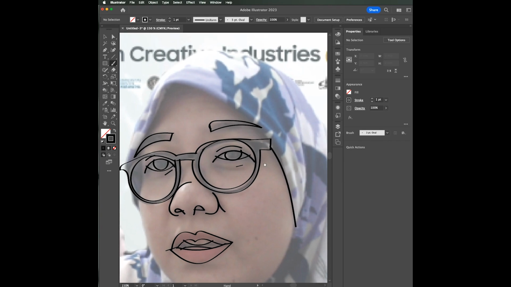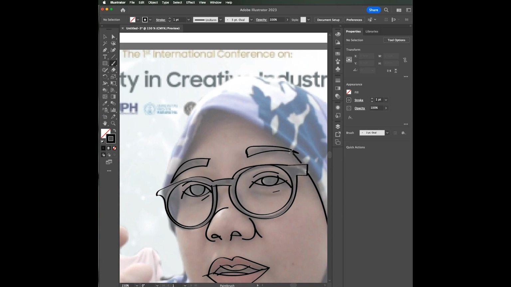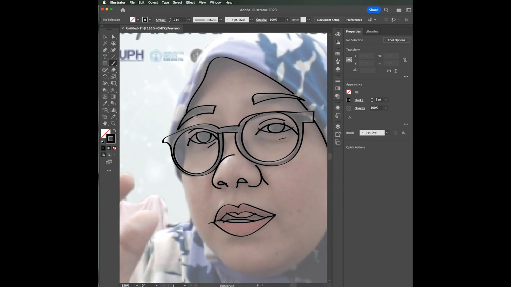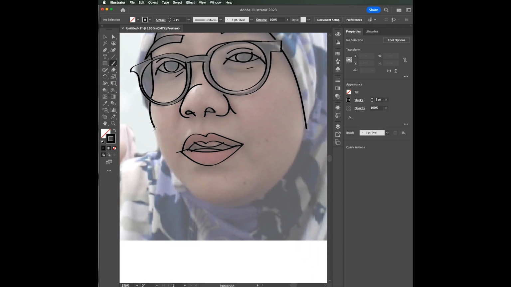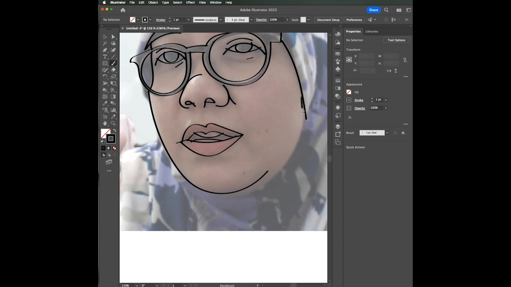For the paintbrush tool, you need to click and drag your mouse to wherever the destination is going. Okay, I'm going fast here. Oops. In case you make a mistake, press Ctrl Z and it should